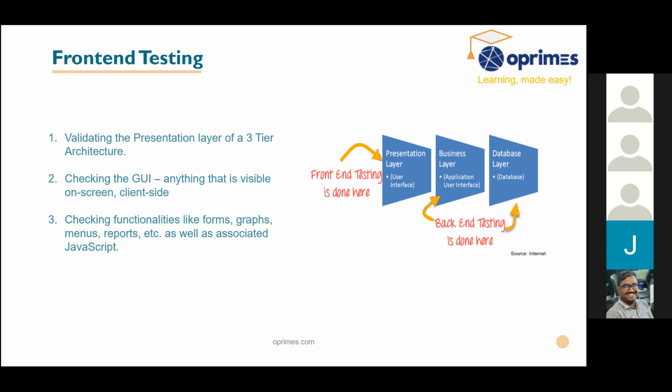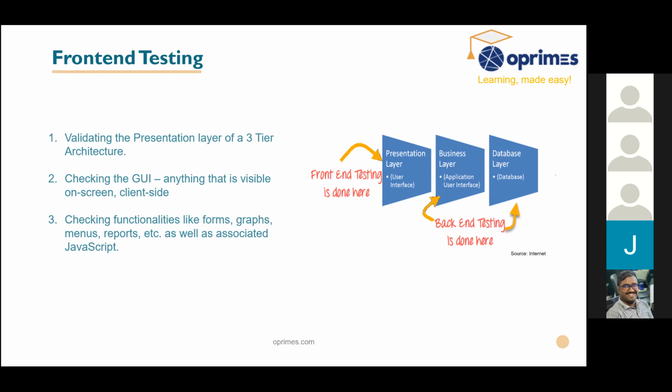Okay, so say for example, you are opening Amazon, you should see all the products. If you are choosing a filter, you should get only that element. So everything you are doing, you are seeing in the front end. It's not even about the data. Whether you are getting the correct product or not does not matter in front end testing. Sometimes it matters, but you are not precisely looking at what you are seeing, but how you should see. That is what you will be doing in the front end testing.